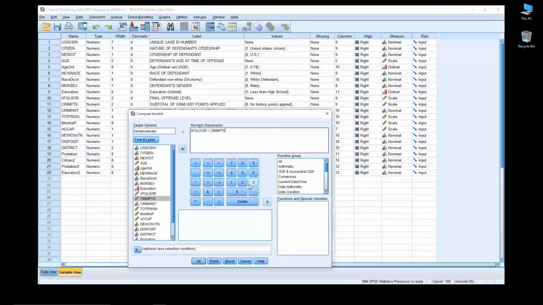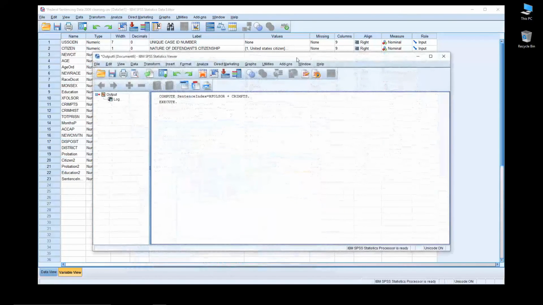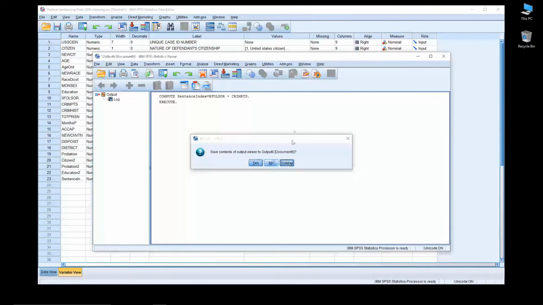So what this will do is it will add the score for X full SOAR plus the criminal history points, and that will equal this new sentence index value for each defendant. So it'll take the defendant's criminal history score plus their final offense level and add them together, and then for that defendant, that row in the data, it will create that value as a new sentence index. So we do those calculations there, we click OK, and it will create a brand new variable called